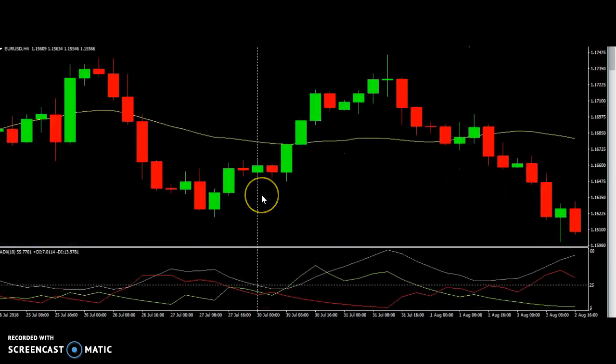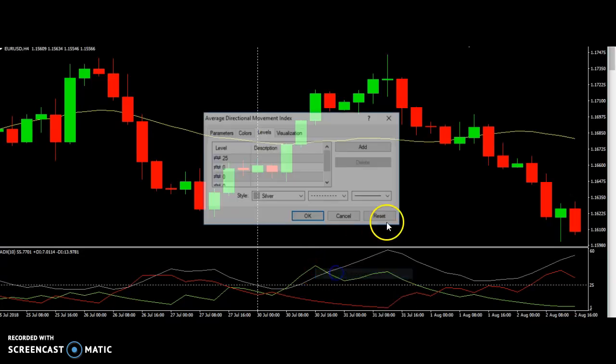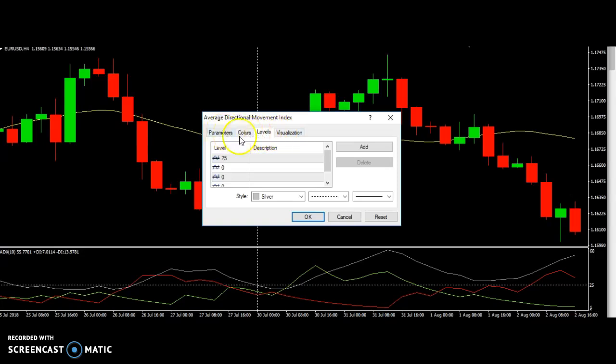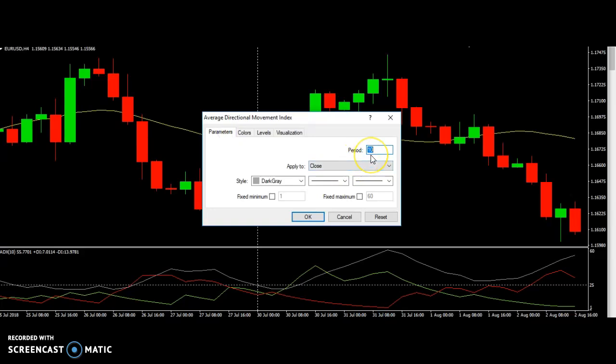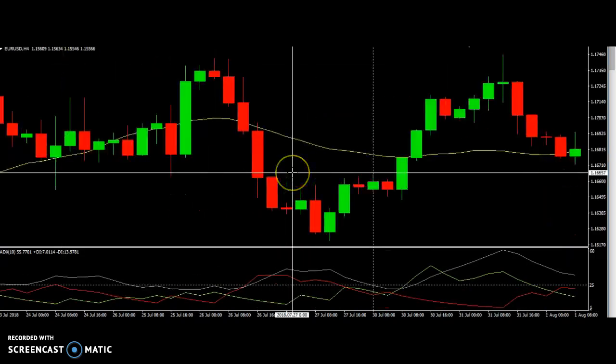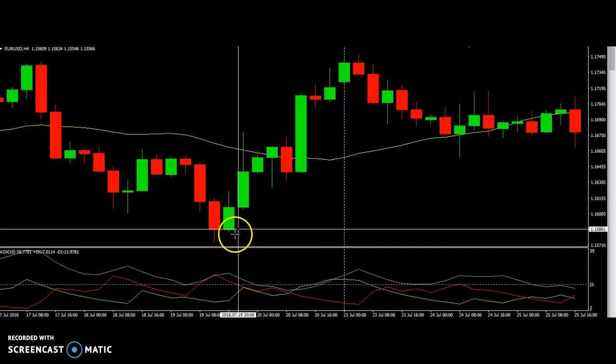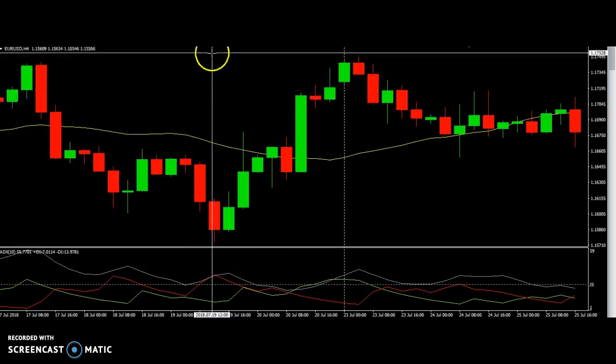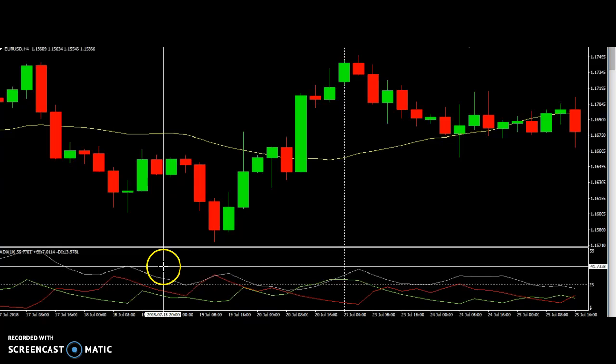So, like this is a 4-hour time frame. On the 4-hour time frame, you need the ADX to be a period of 14. Under the 1 hour, probably I've been told 10 is a better period to use. So it probably won't look 100% right, but in the 4 hour, as you can see here,